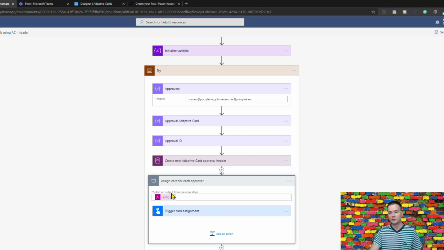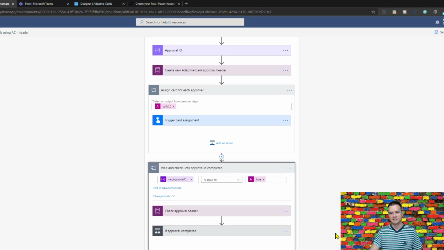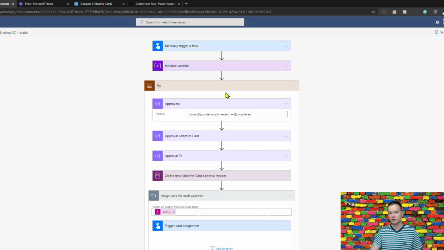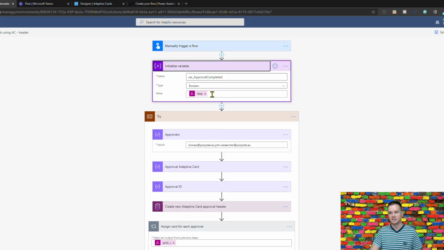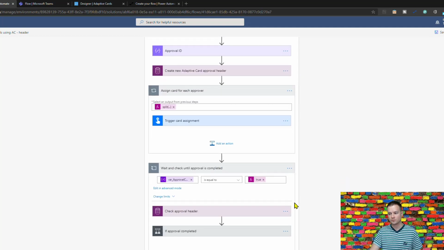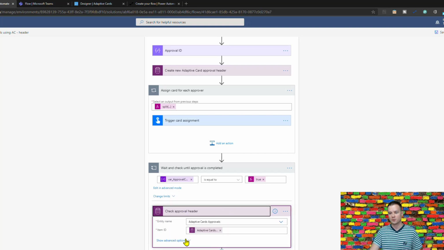Now, once all the cards are assigned, it goes into an, let's say, infinite loop running as long as the variable initiated here is false. So once the approval completed is true, it terminates the loop. Now when is it terminating the loop? It does that once the information in approval header